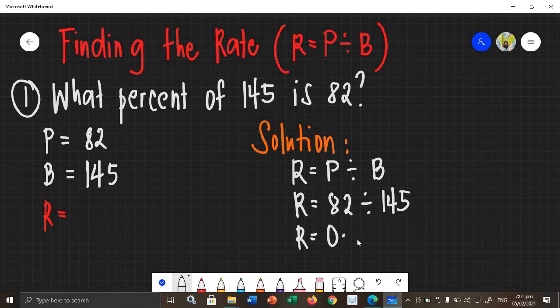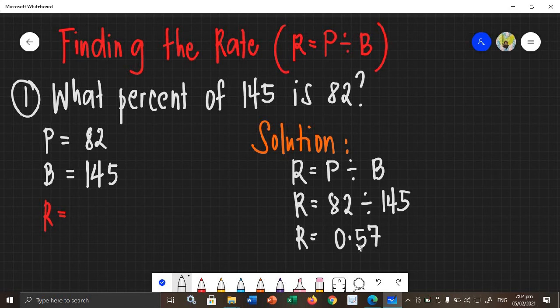Again, we did get a non-terminating decimal na naman yung lumabas. So, di natatapos yung mga decimal number. If that is the case, round off up to 2 decimal places. So, round off to the nearest hundreds. Yung katabi ni 6 is 5. So, round up. So, 6 will become 7. It will become